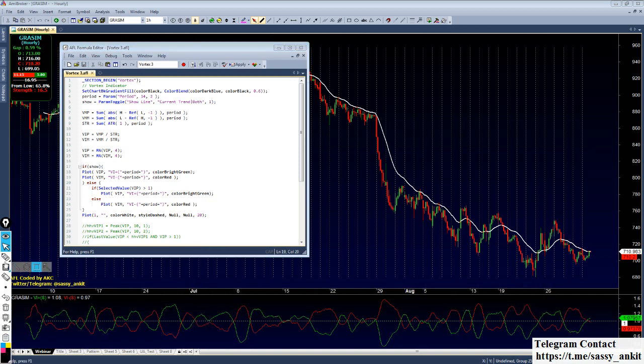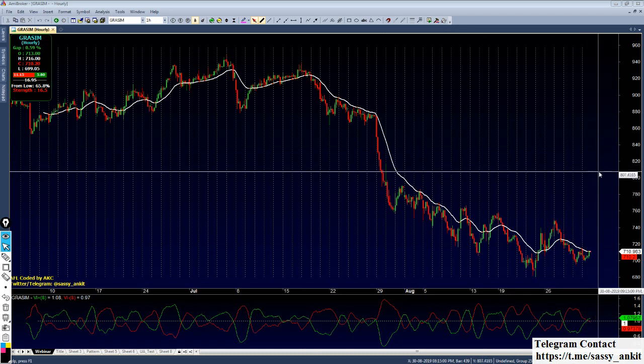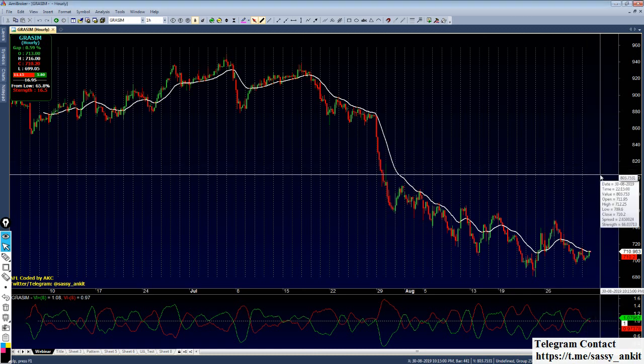Because of that, the compromise we are making is that our vortex chart shifts to the right by 1 or 2 bars. This also helps: we will enter into a trade 1 or 2 bars later, but it also helps to avoid the false move. So that way it's beneficial, it's a win-win situation for us. So let's see now how we use it.